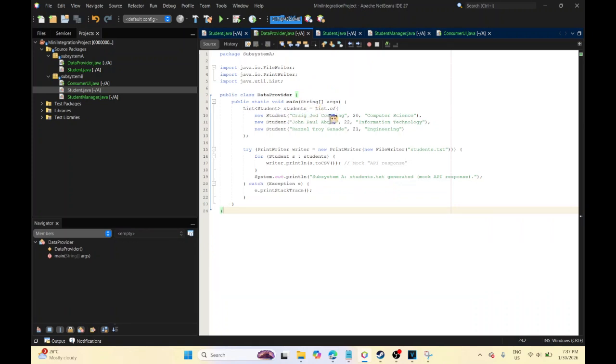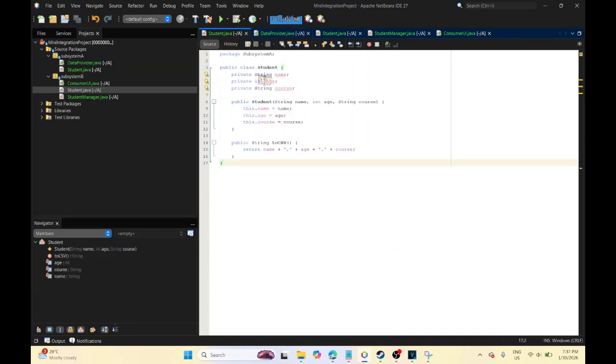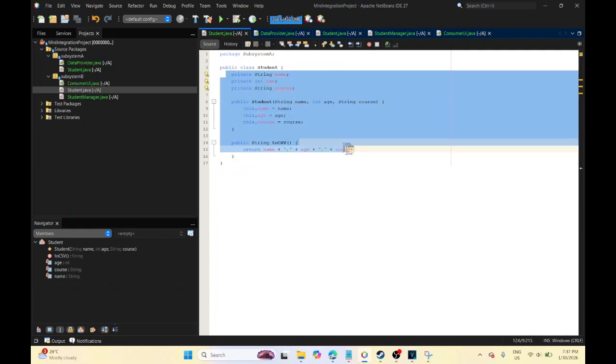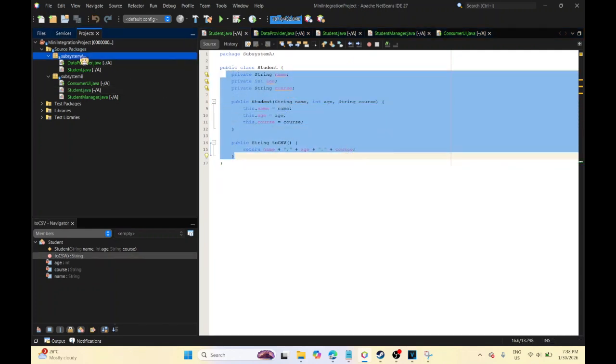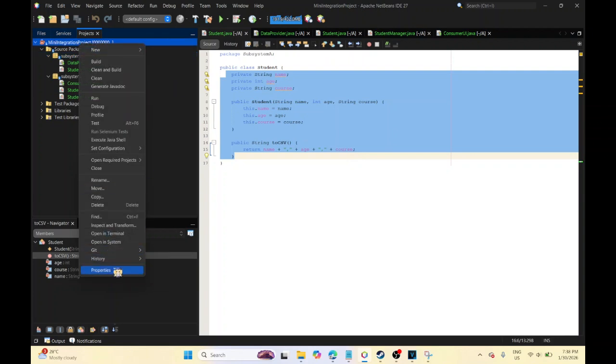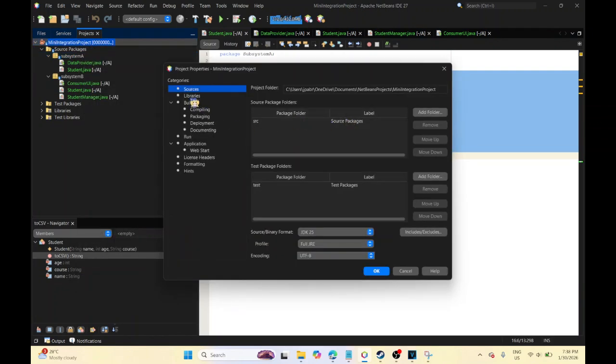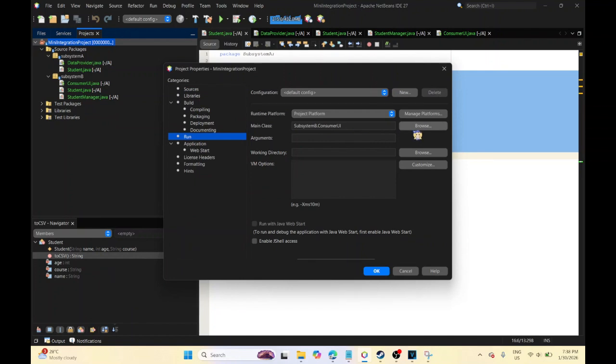As you can see here, we have the name, the age, and the course. Then here we have the different variables. And if we set subsystem A as the main,